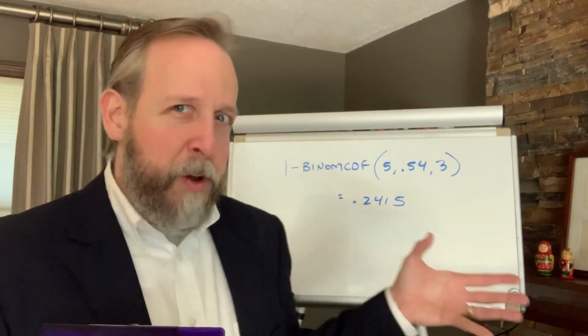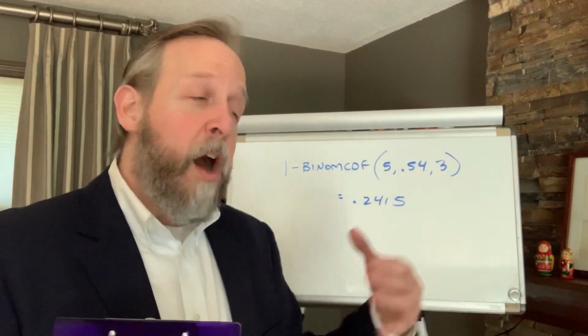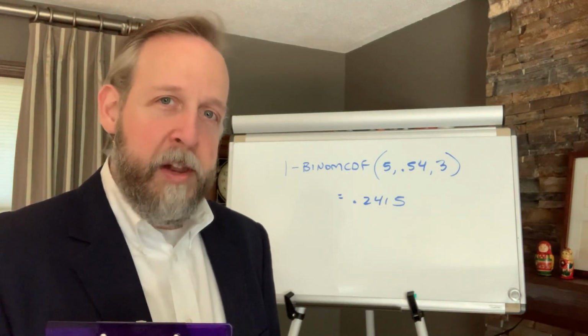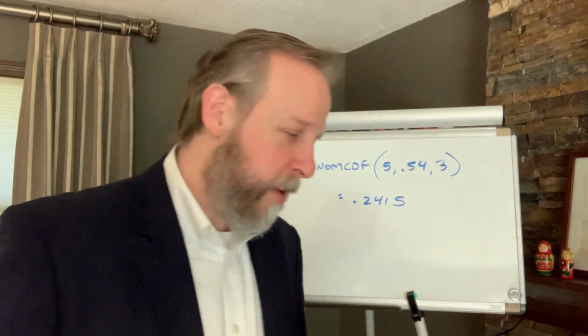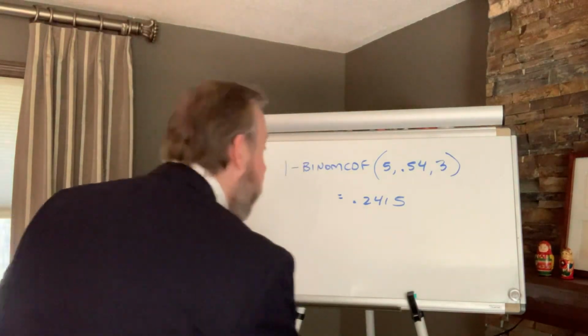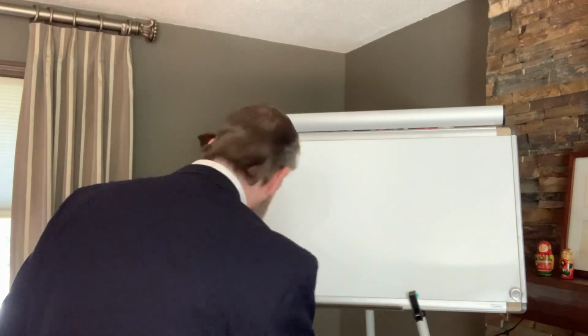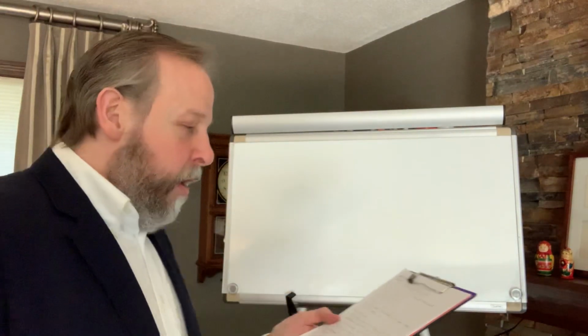There's a 24.15% chance that of 5 people chosen at random, at least 4 of them always take their medication as prescribed. Okay, great. Moving on to prompt number 4. Prompt number 4 asked us to run a test. So obviously we have to correctly identify the test, and we have to show that we verified conditions, and we